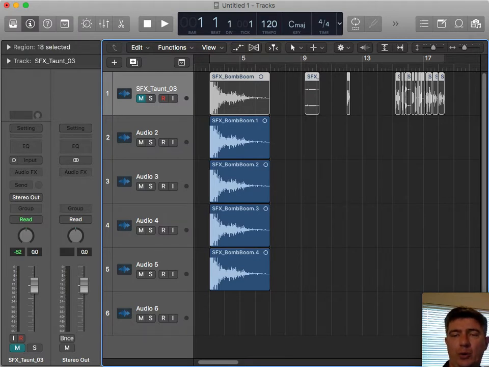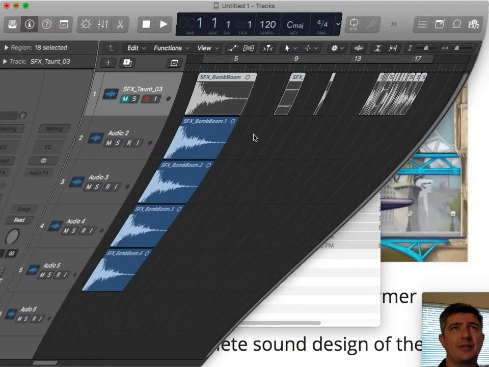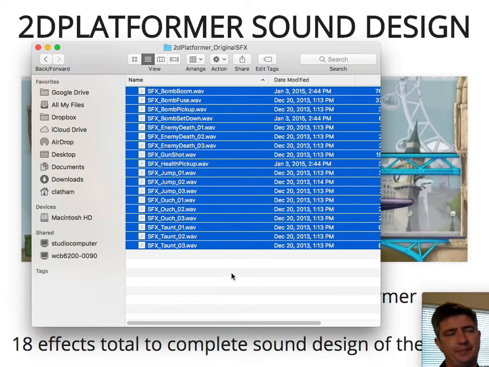Do we have to record, or can we just use the Westar sound samples? For most of these, I don't expect you to go record a whole bunch of sounds of explosions and rocket launchers and all the other stuff. But some of the vocalizations, which I'll play here in just a sec, can be done quite easily by just opening up your microphone. But you don't have to do that. If you want to just pull sounds and samples from Westar or wherever your larger repository might be, you can certainly do that also. So let's actually listen to these sounds and get a sense of what they are.